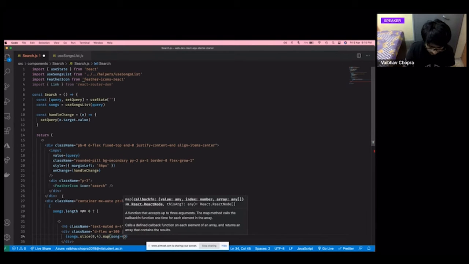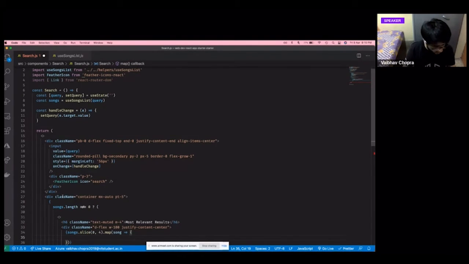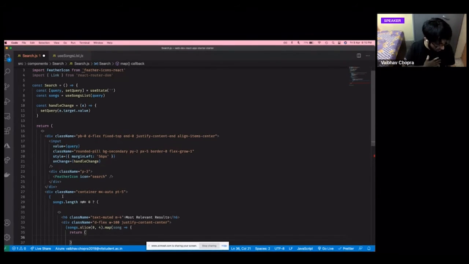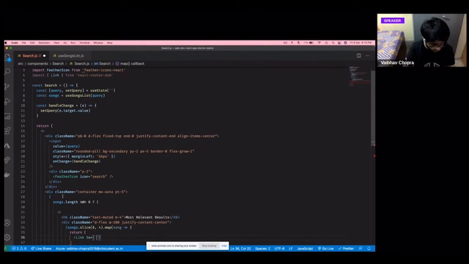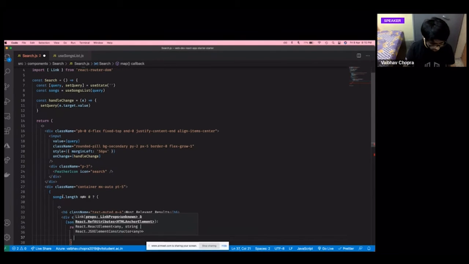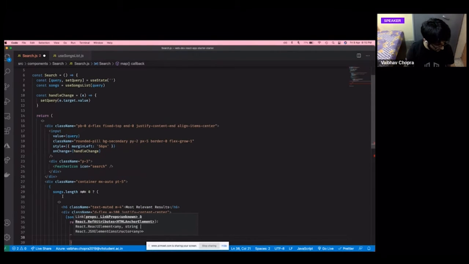I get a song, and using that I render my images. How do I do that? I'll do a return, and in that I'll write my code for album art. Again we'll use a Link tag with a parametric string /play/ dollar song dot underscore id. Key equals song.id, class name